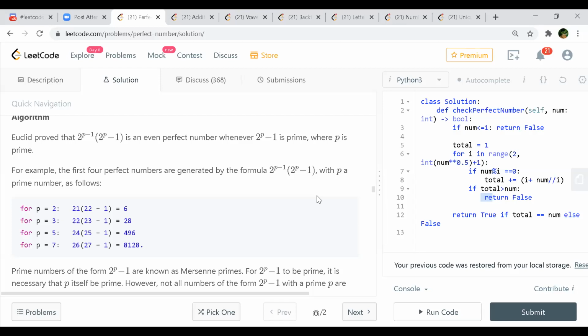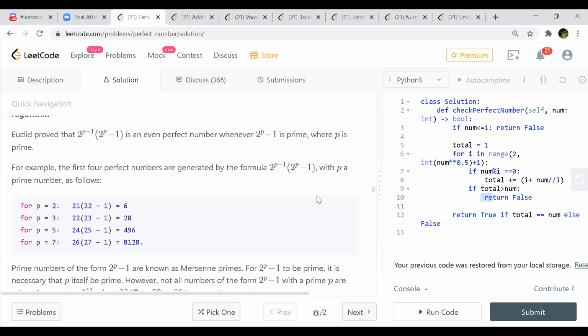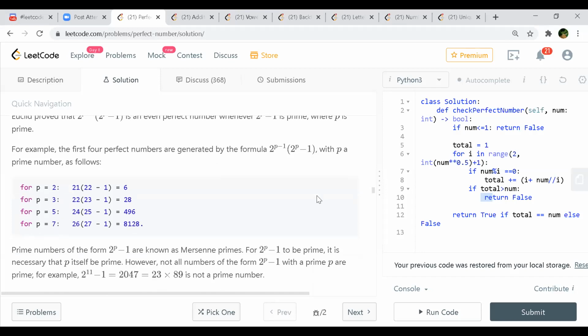If we just go through this, all the p's are prime numbers, right? 2, 3, 5, 7. For the first value, p equals 2. When he writes 2 raised to 1, it doesn't mean 21, it is 2 raised to 1 in this case. And in the bracket, he's saying 2 raised to 2, not 22. So 2 raised to 1 is 2, and 2 raised to 2 is 4. 4 minus 1 is 3. So 3 into 2 is 6.